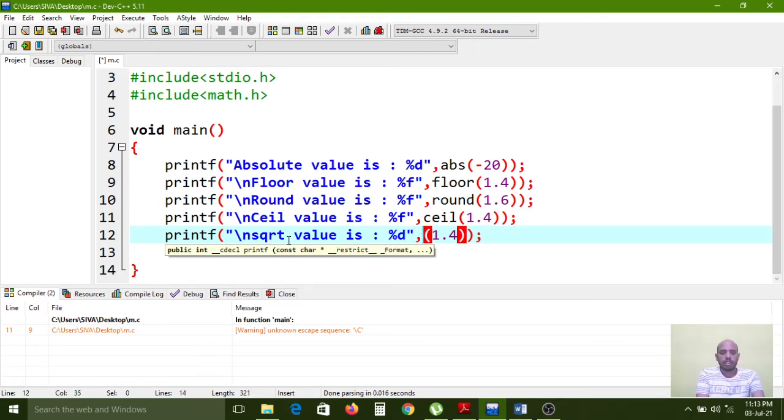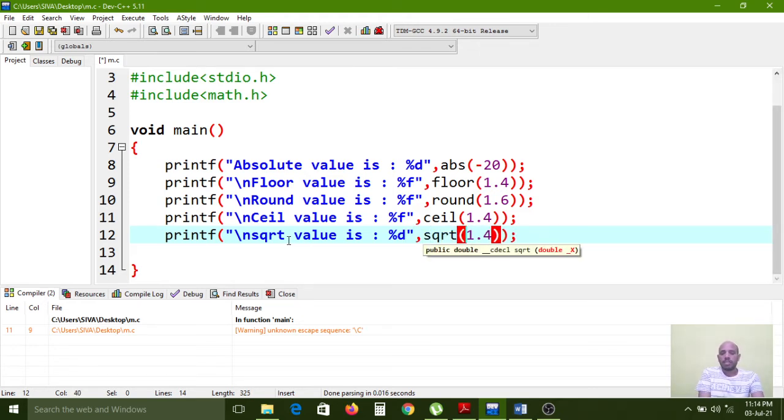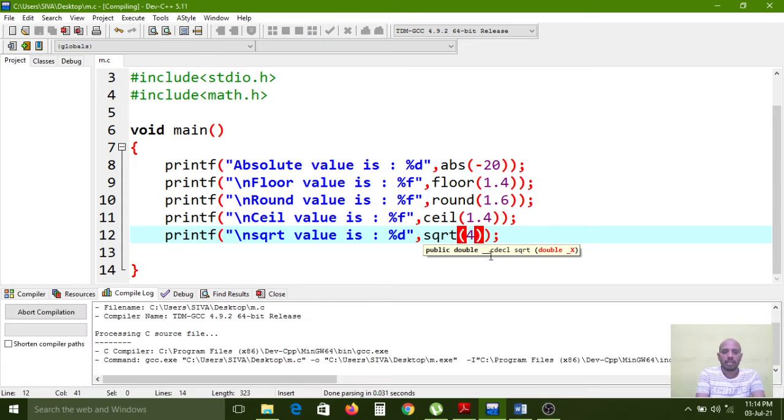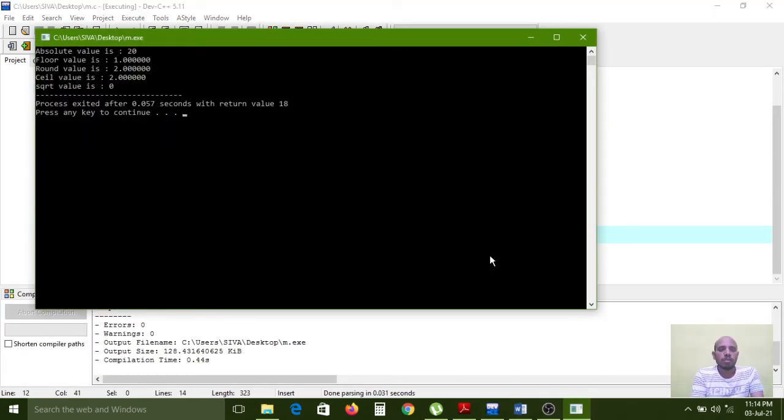Here now I am passing 4 as the value. Now for 4, what is the square root value it will get? Now you can see in the output. So the square root value is 0.